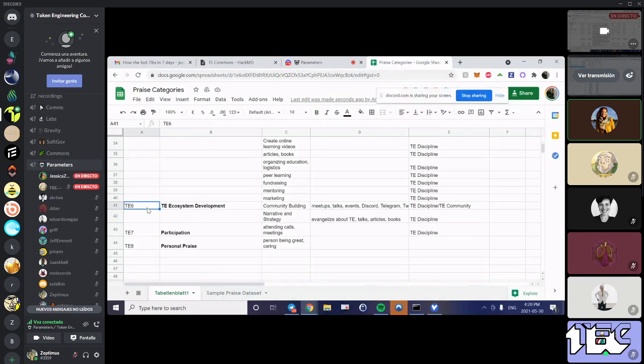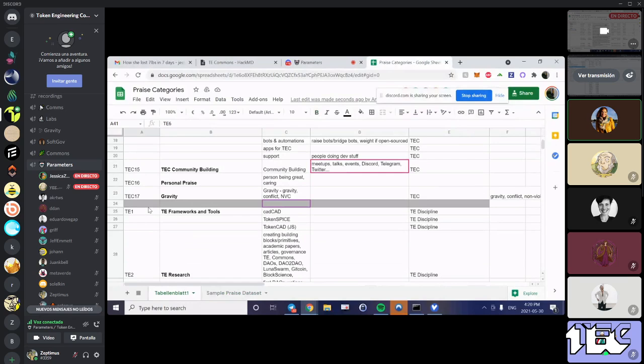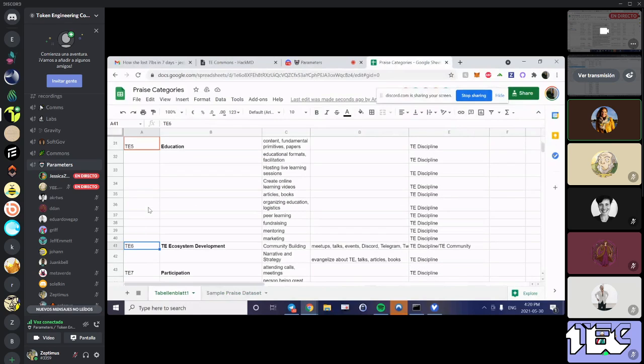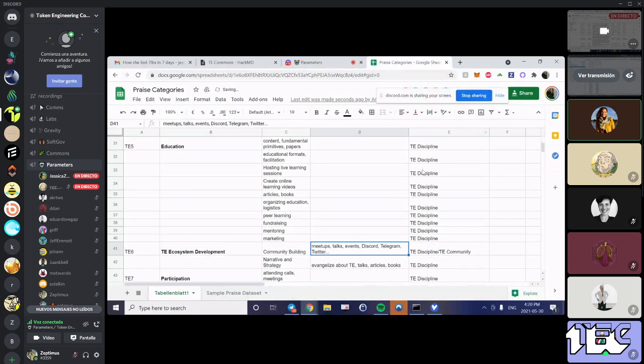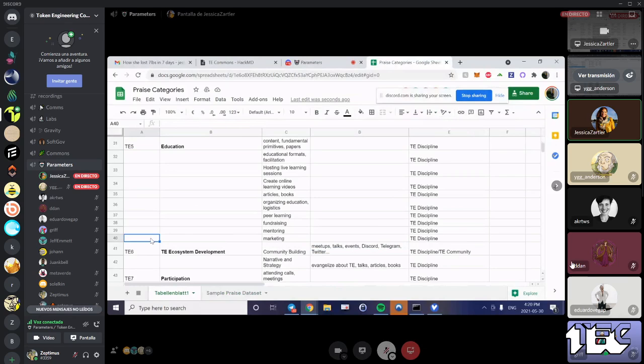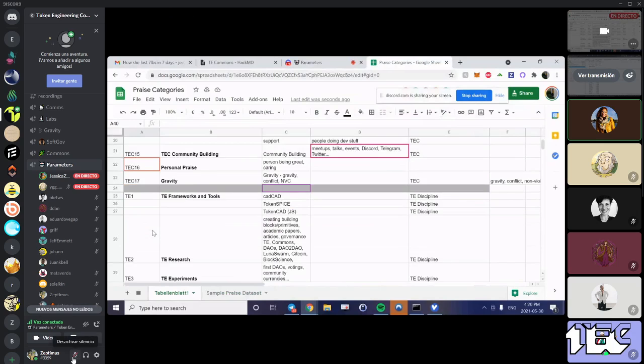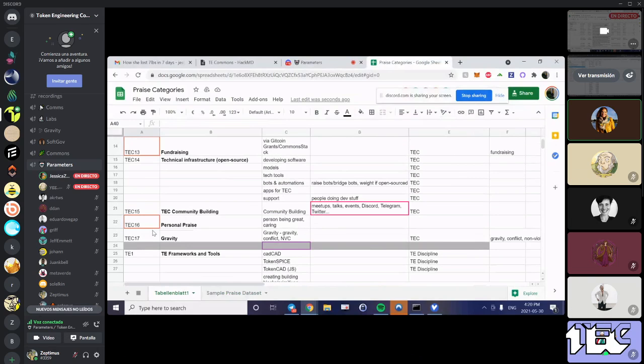I'd say it's more TE6, like TE ecosystem development. Meetups, talks, and events is what we have listed there. And I think it's expanding the TE community and also TEC. You can make a case for either, but this won't affect weighting.